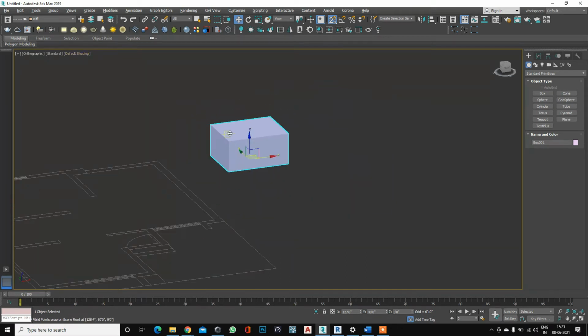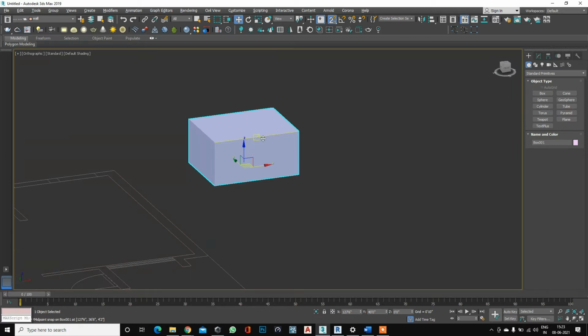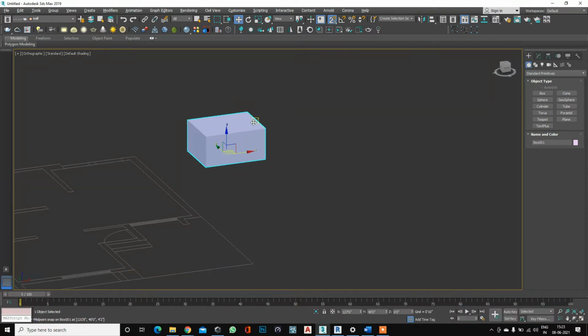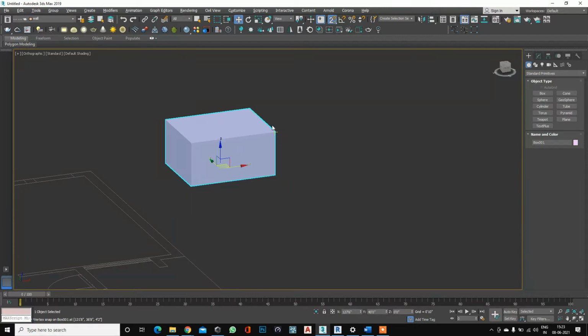Sometimes if you create very heavy files, at that time you need to reduce the file size and reduce the working load of 3ds Max.